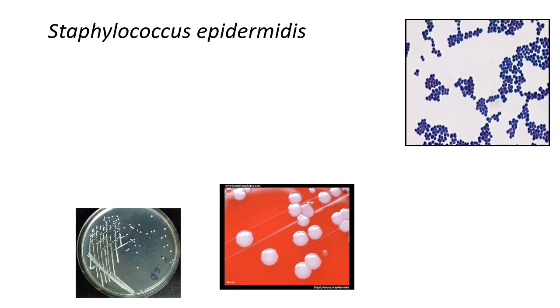So again, in the picture, what do you see? It looks like a gram positive. It is a gram positive cocci in clusters. You cannot differentiate it on the basis of Gram stain, so we need to culture it. And the best medium to culture is a solid medium. A nutrient liquid medium will not be able to tell us how many different types of colonies there are,